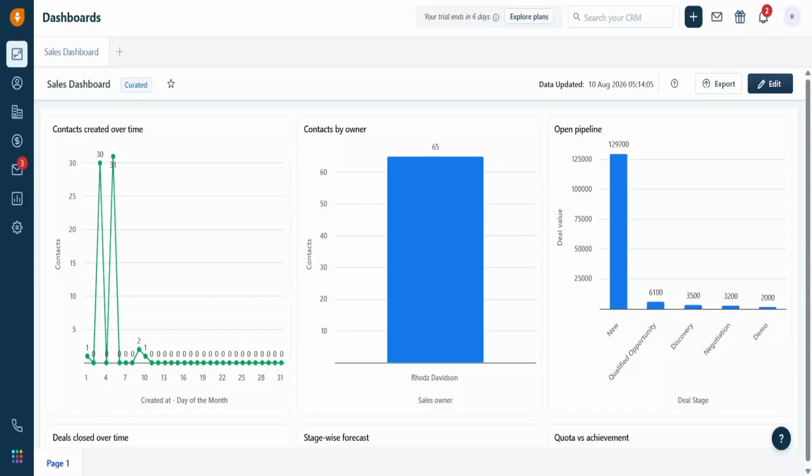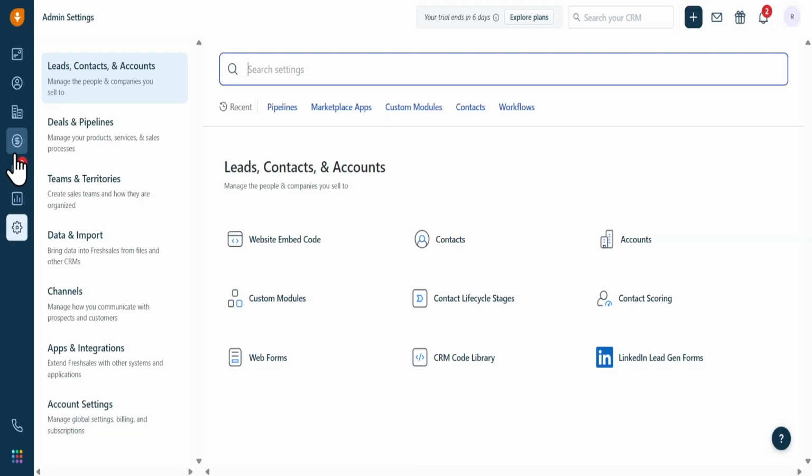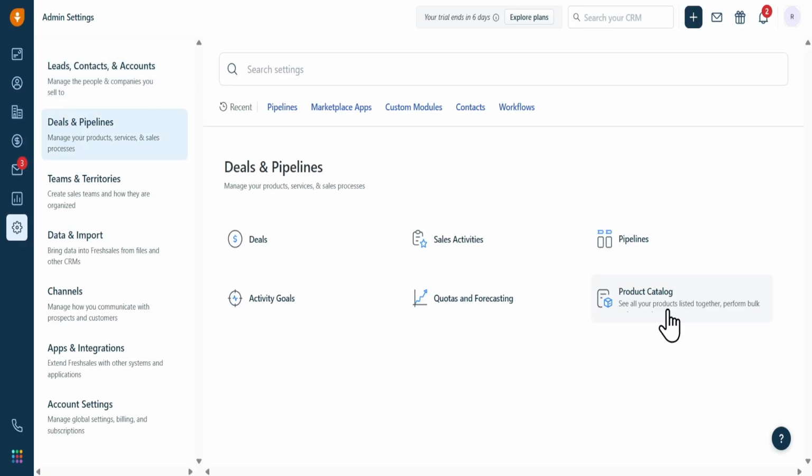In today's video, I'm going to teach you how to manage multiple pipelines in Freshsales. Multiple pipelines are useful when your business handles clearly different sales processes and you want to track each one separately. For example, a real estate business might use one pipeline for residential sales, another for commercial sales, and another for